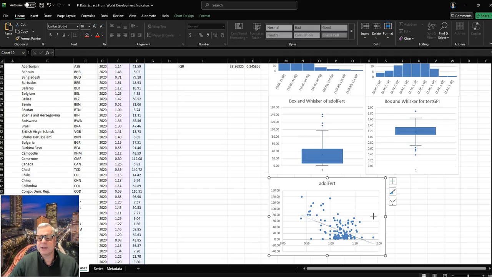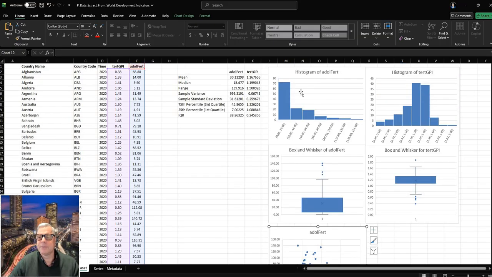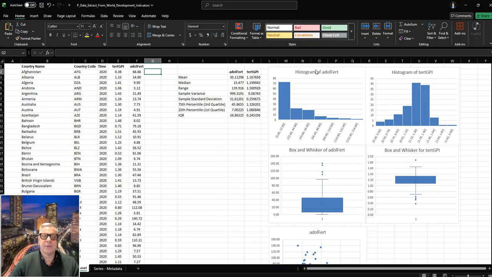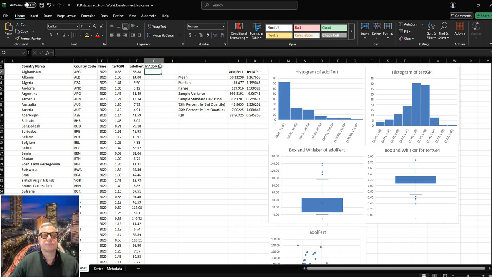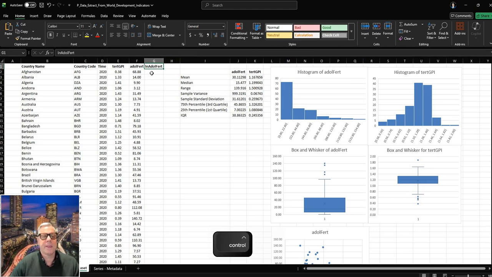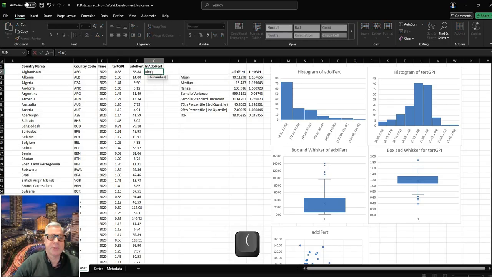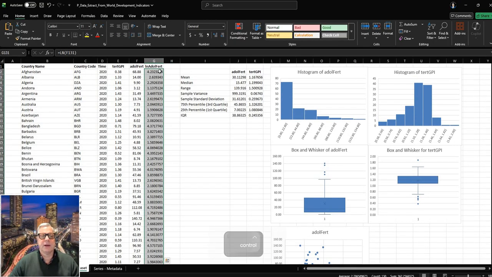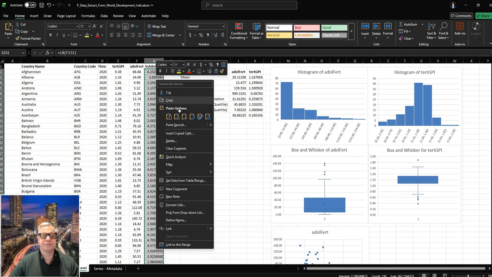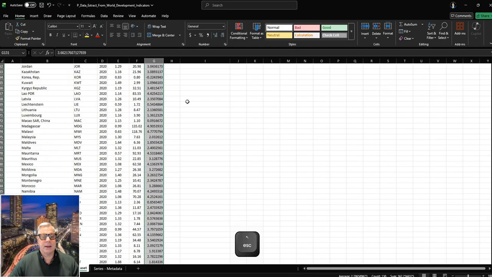But we said that we should probably definitely maybe take the log of the adolescent's fertility rate, so make it look more normal. So I take the natural log and then I call the new variable the log of the adolescent's fertility rate. Okay, so I just take the natural log, copy it down, remove the formula, and now